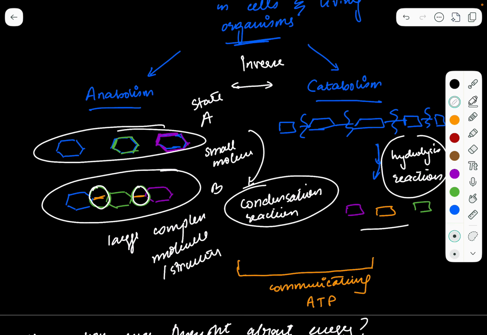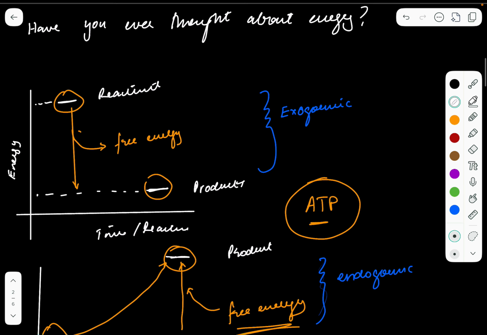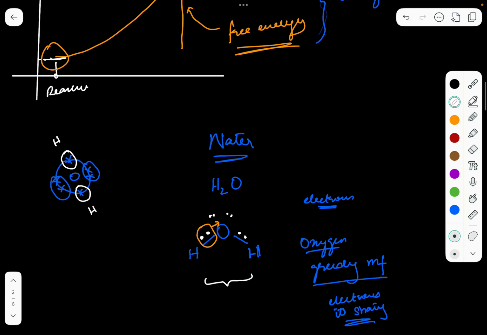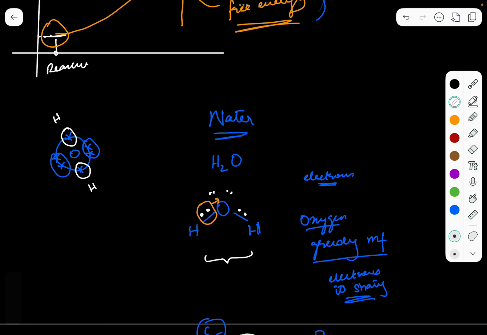And one thing we said was that these two halves of metabolism are constantly transferring energy between one another, because while one is using energy to make something, the other one is releasing energy to break something. So this constant energy transfer is happening, and we discussed that this is done through ATP. But how exactly does that happen? Well, that we were in the process of, but before we get into ATP, we wanted to discuss the properties